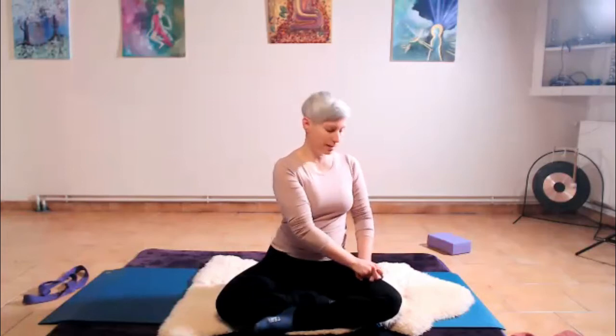So we're not trying to go deeper into a twist. Instead, what we're going to try to do from here is get taller. So you're going to use the hands against the thigh rather than pushing on the knee to get taller through the spine. And as a result, you may feel, as you continue to explore this for yourself,